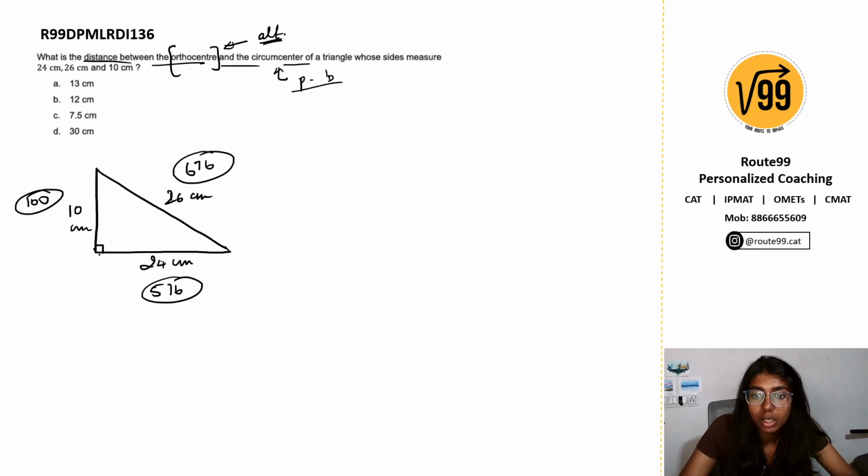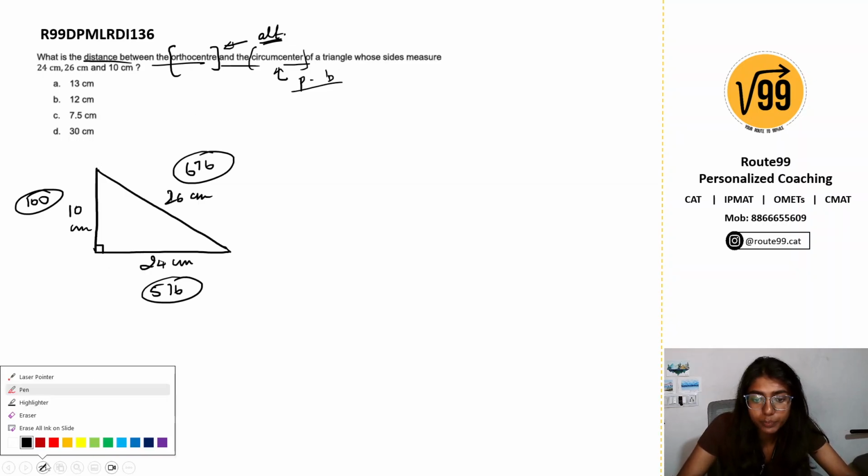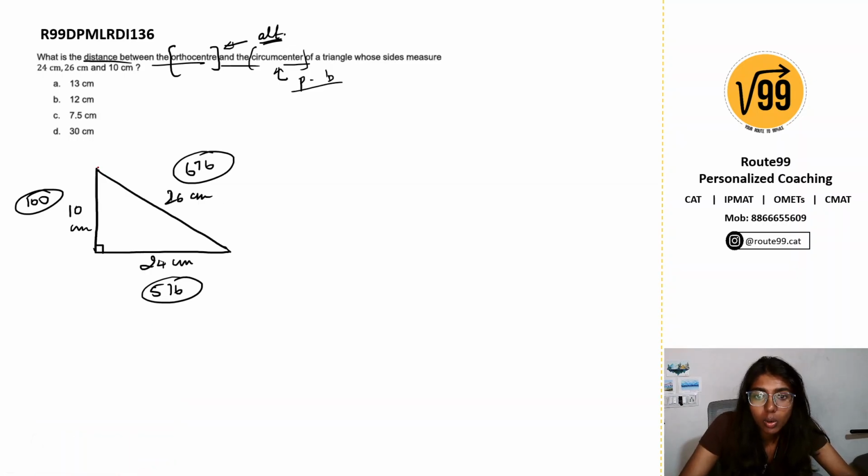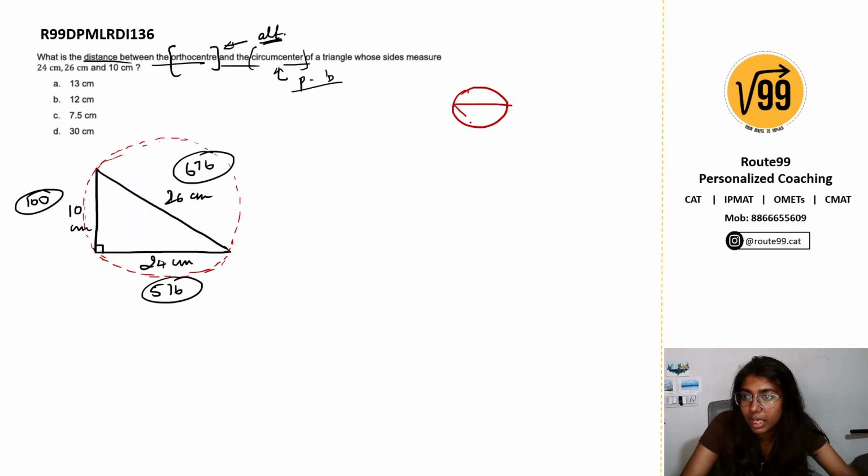So, if I talk about circumcenter, circumcenter is the center of the circle that passes through all the three vertices of a triangle, of that particular triangle. So this is not perfect, but yeah, it would look somewhat like this. Okay. And you all know that in a circle, the diameter subtends an angle of 90 degrees at the surface,